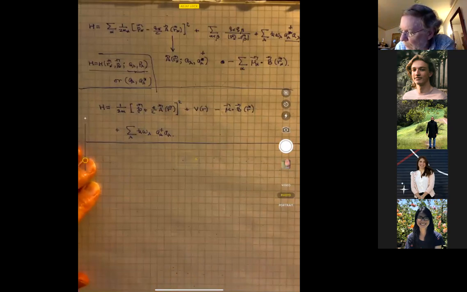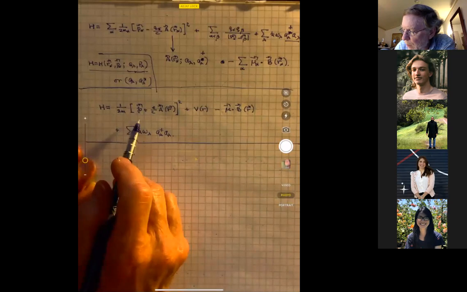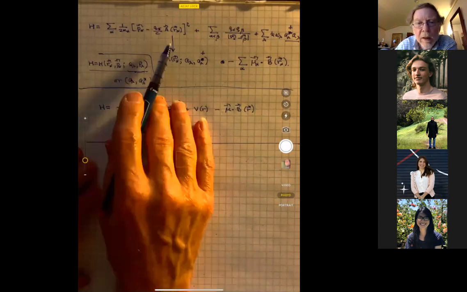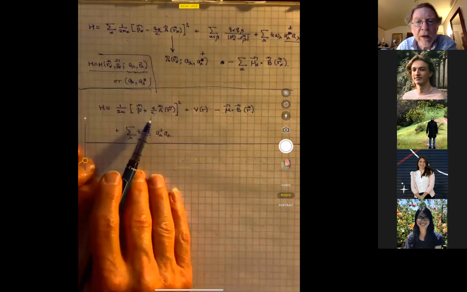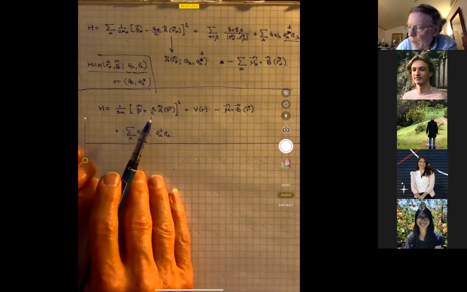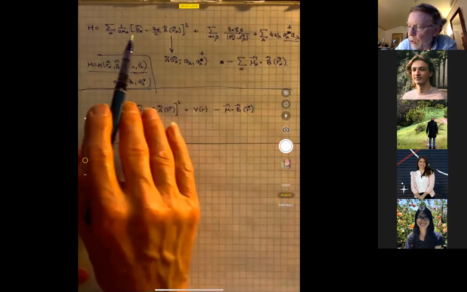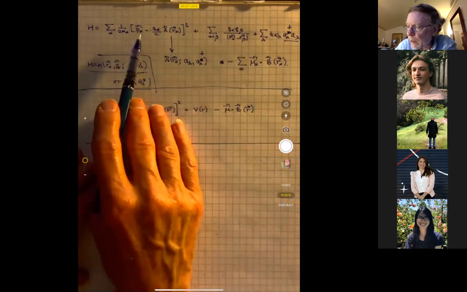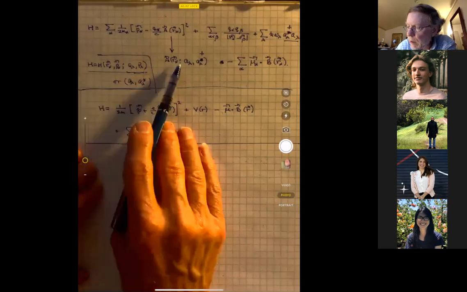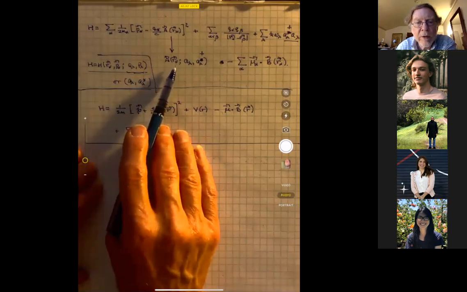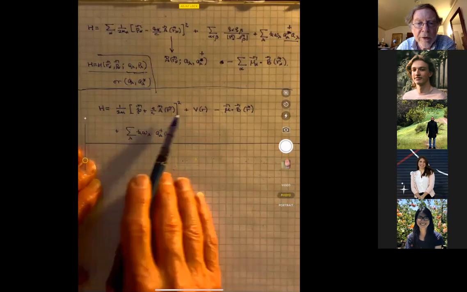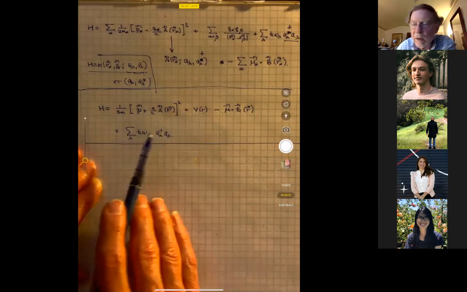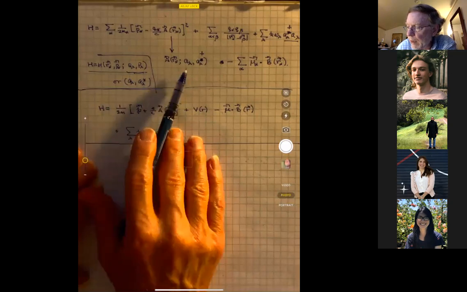electron atom. This, by the way, is not in fact a special case of the earlier Hamiltonian I wrote down, but there's an approximation that was involved in deriving it. So let me just mention how that works. If I took the earlier Hamiltonian and I had two particles, let's say a nucleus and an electron, and put that in here, and then I made the approximation that the nucleus was very heavy, then in effect it turns into a one particle problem, which is the electron orbiting the nucleus, and that's how you get this Hamiltonian out. If the nucleus is very heavy,